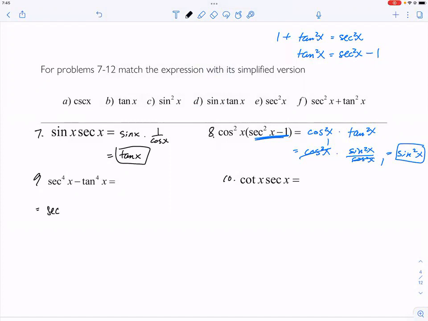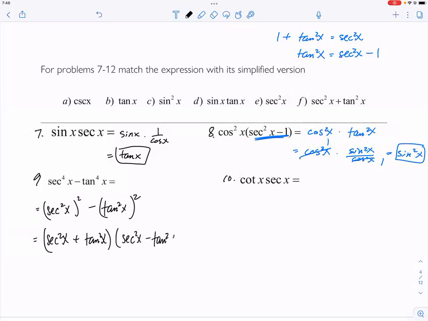This is the difference of 2 perfect squares. So to help you see this better, I can write it as squares. And when you factor it, it becomes secant square x plus tangent square x, and then secant square x